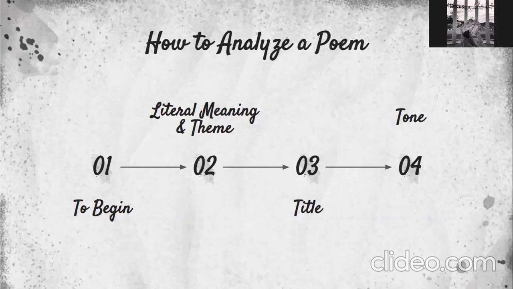If the poem was written a long time ago, maybe the history of the word matters, or maybe the meaning of the word has changed over the years. So an etymological dictionary, like the Oxford English Dictionary, can help you find out more about the history of a particular word.